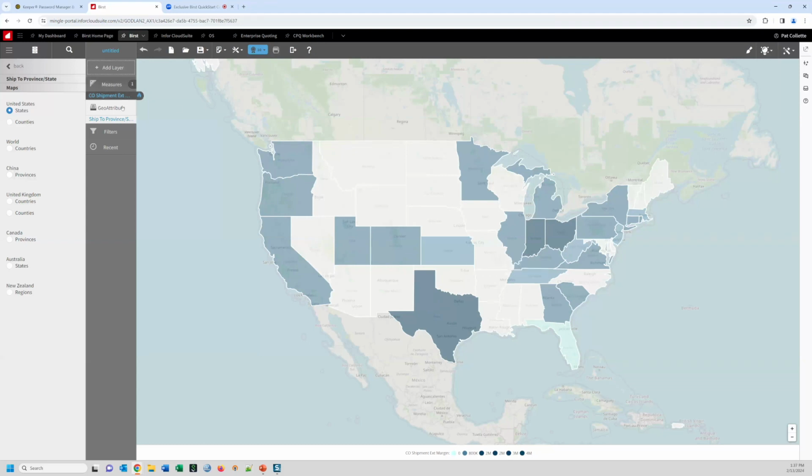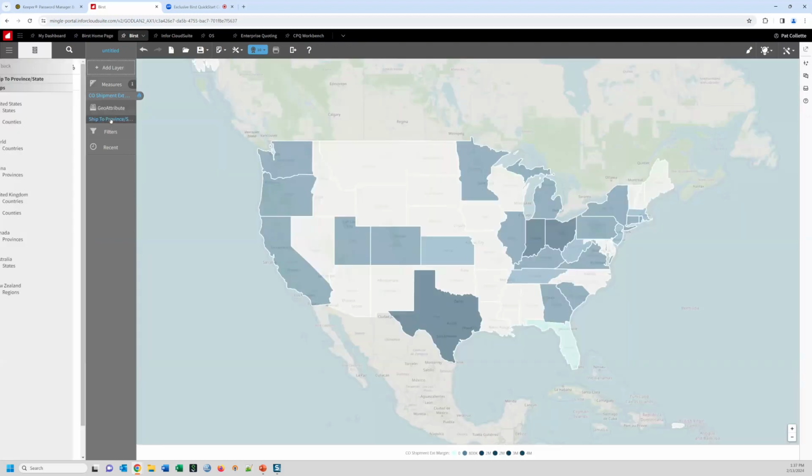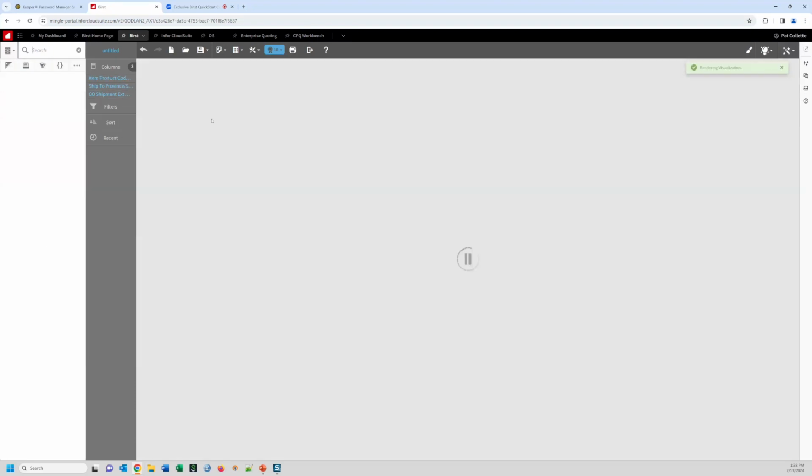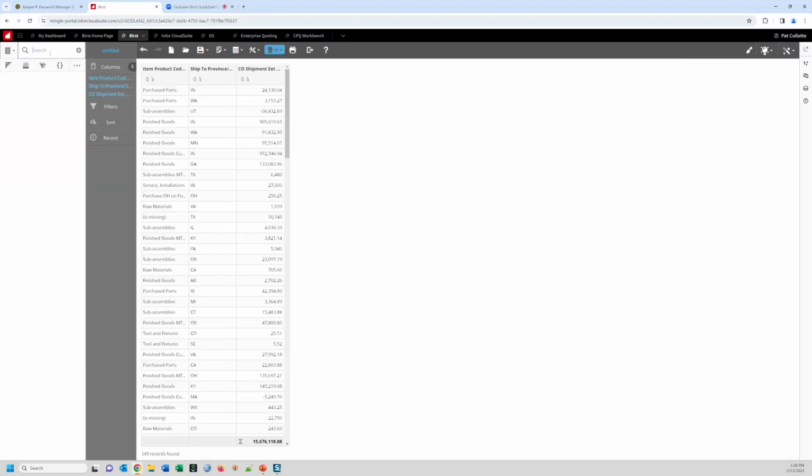And I mentioned the ability to cut across the data model. So if I turn this back into a table, just to give you a sense for it, I'm looking at things by province or state. But if I want to look at a breakdown of my products, I pull in the product code, and let's say I pull in the customer combined here again,